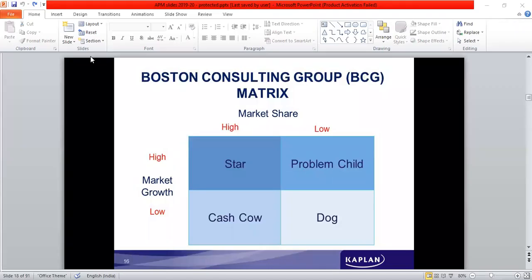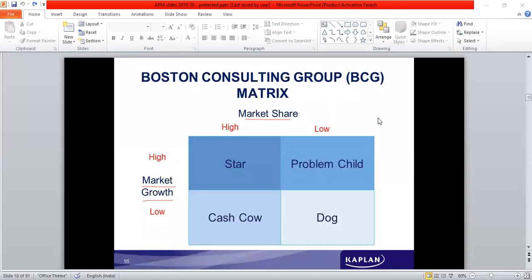One variable, present horizontally, we call market share. The other variable, on the vertical axis, is market growth. Taking these two variables into consideration, the BCG matrix categorizes them into